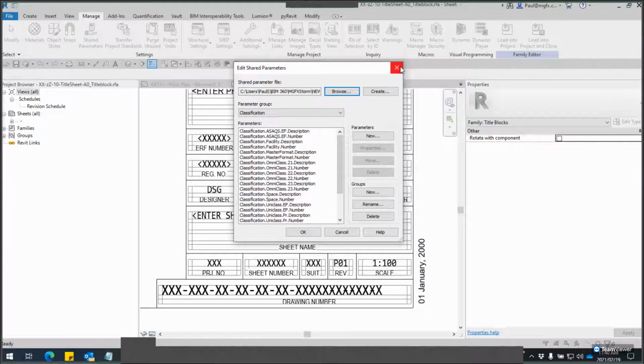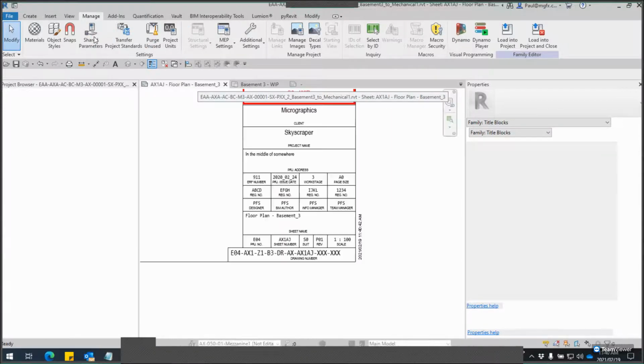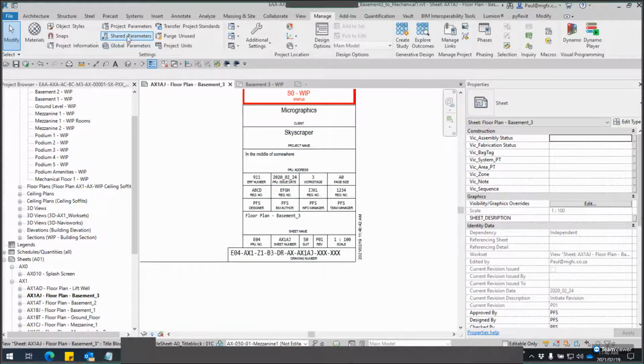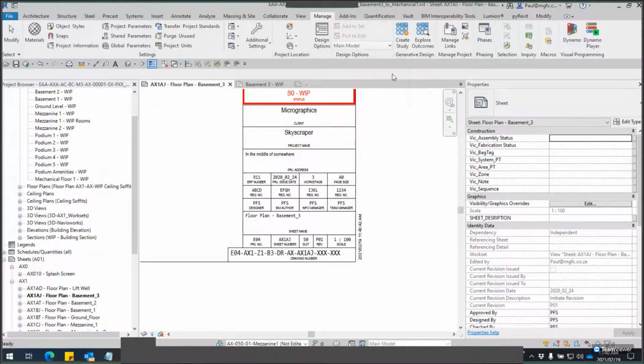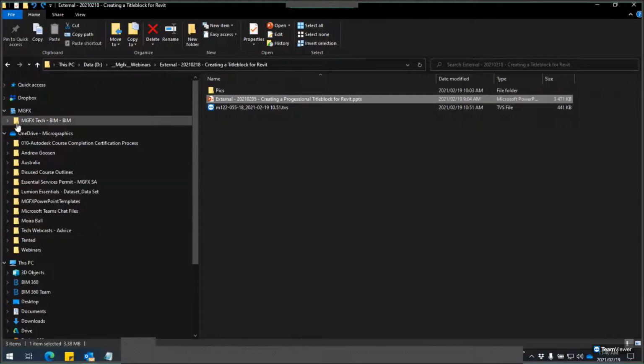And that's also the same within my project. Here's the shared parameters, the same file. You can also create your own file if you want. But why would this be important? Because, and I'll demonstrate quickly,